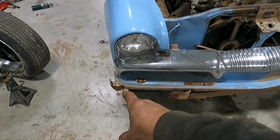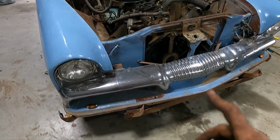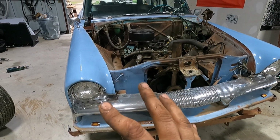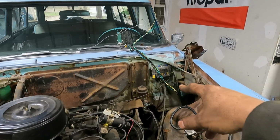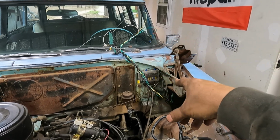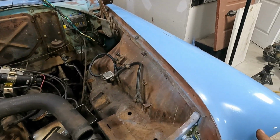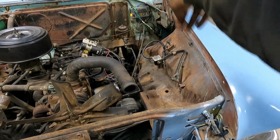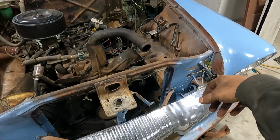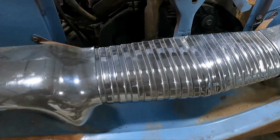Bumper, 4 bolts, 1, 2, 3, 4, removed. Now, front clip. This car is crazy easy. I wired this car, as you can tell by my professional green, white, and yellow wiring. Pretty much just disconnect the lights, ignition, starter, lay it back, and then you have 2 bolts, 2 big giant bolts right up under here,